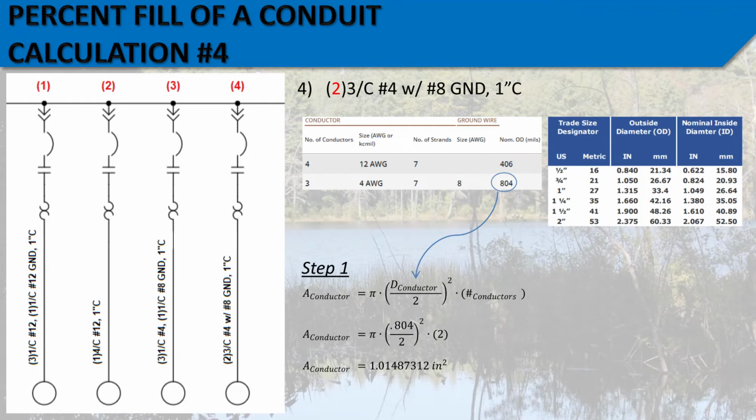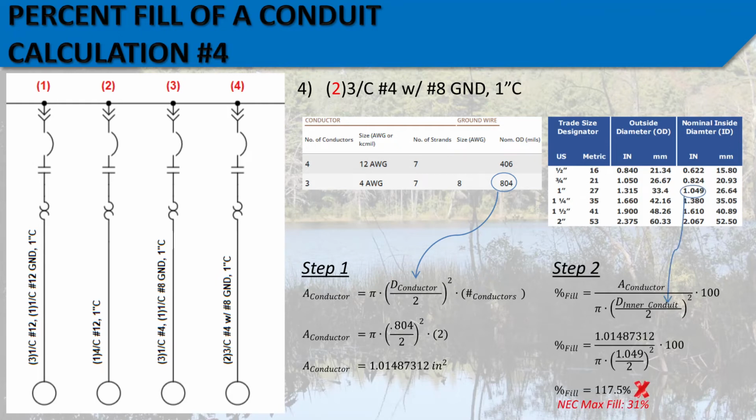So step 1, as with the prior examples, we're first going to calculate the area of the cables, and we come out with 1.01487312 square inches. And once again, we plug this into the percent fill formula and account for 1-inch conduit, and we are way above the allowable 31% that's allowed by the NEC. So this is completely not acceptable. This would have to be recalculated by whoever did the design, and we'll actually revisit this a little later in